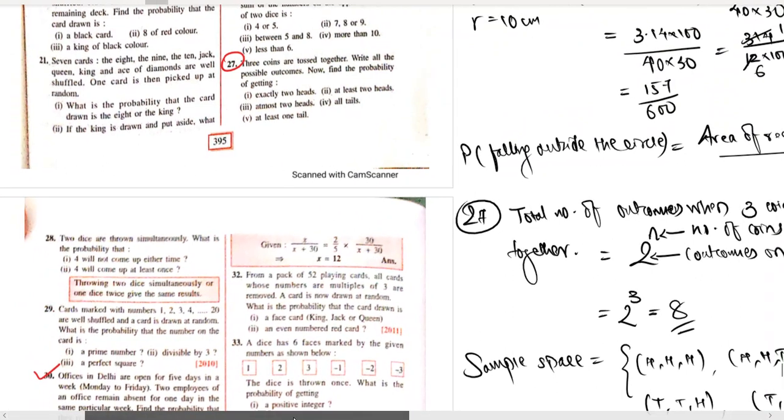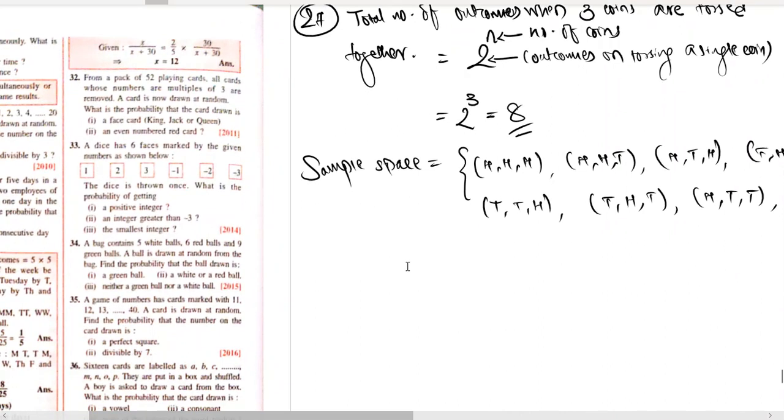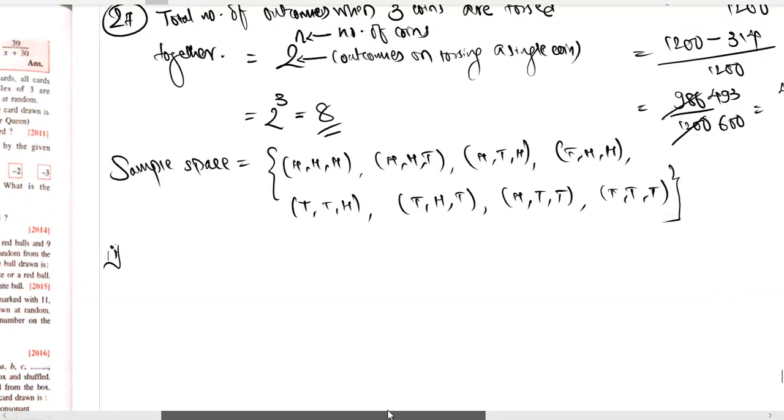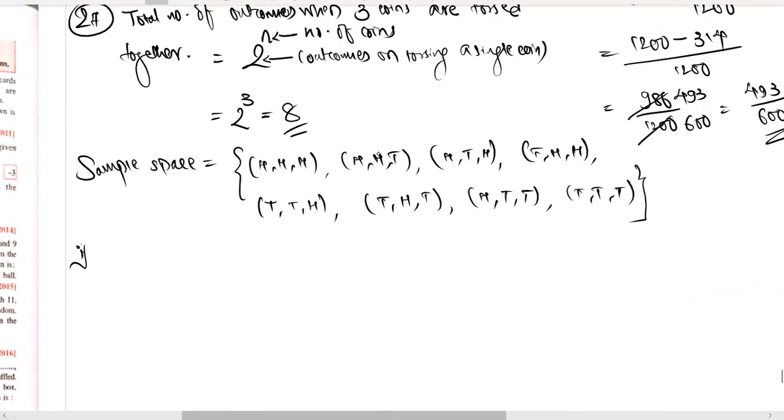Okay. So what next? The next is the questions. Exactly two heads. Find the probability of exactly two heads. Number one, I'm directly going to write the answer. In how many of these outcomes you find exact two heads? Exact two heads are in this one, and this one. Other outcomes have more or less heads, but exact two heads are only in three outcomes. So the answer of the first one will be 3 by 8. Three outcomes with exact two heads, and 8 is the total number of outcomes.